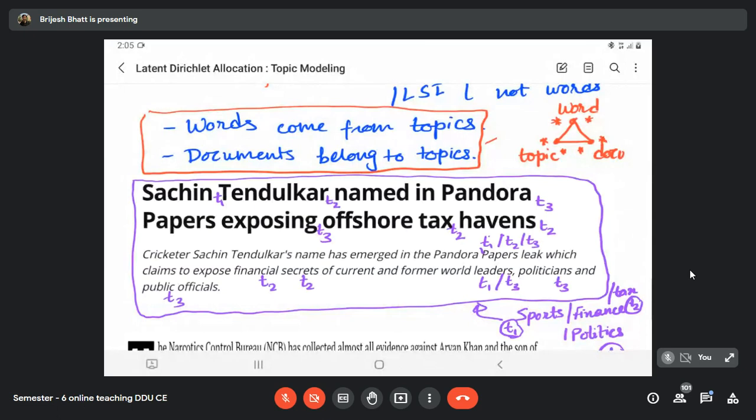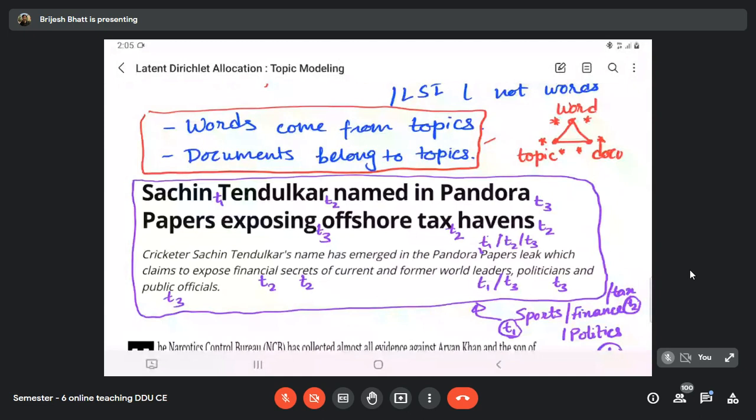So we are leading towards learning a probability distribution of topics. Let's say we have k topics, and for every word we want to decide the probability of the word taking topic 1, topic 2, and so on. Probability of Sachin being in the sports category, probability of Sachin being in the finance category, probability of Sachin being in the politics category, and out of that one will be assigned. Similarly, probability of Tendulkar being in the sports category, finance category, politics category.